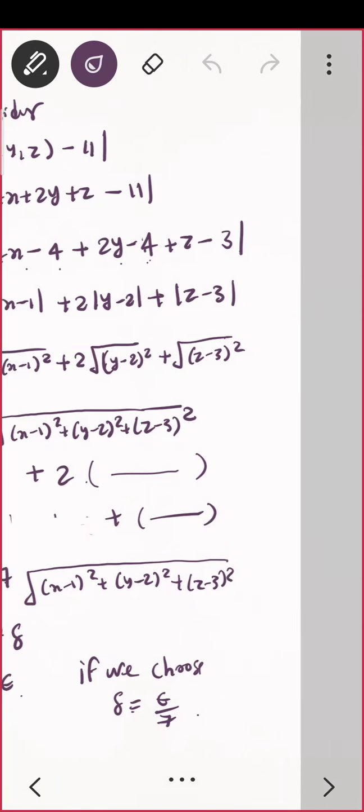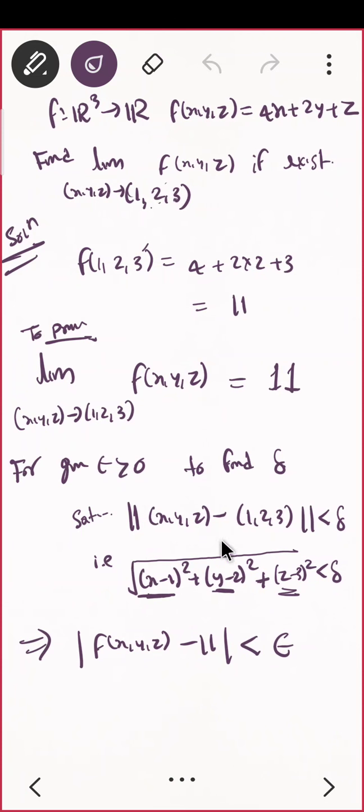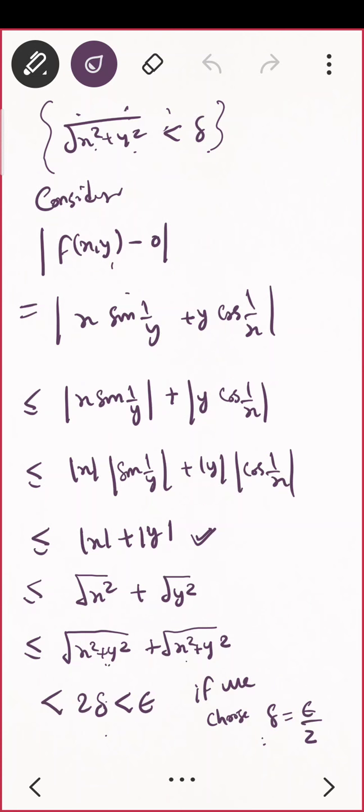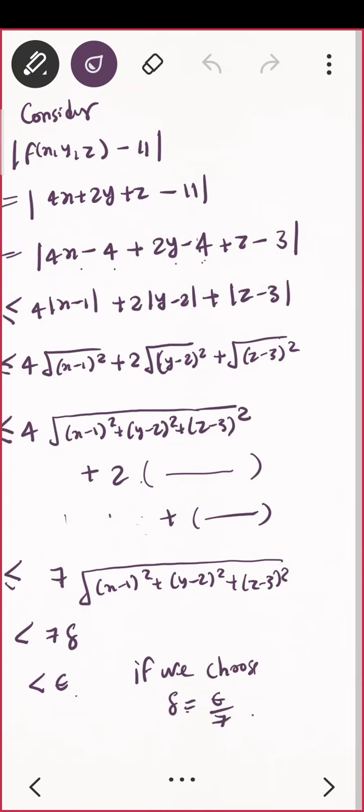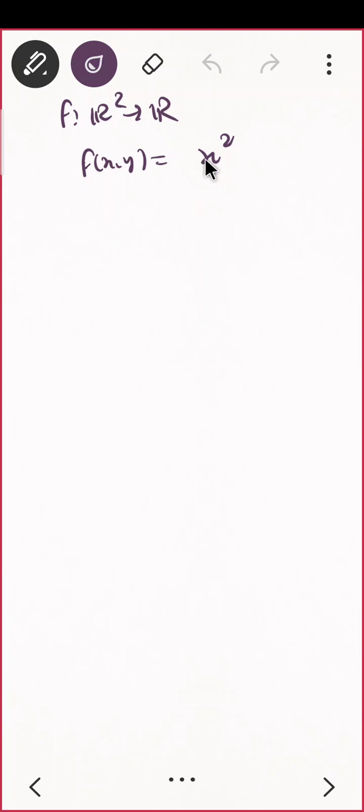Nice. Let us quickly do one more problem. Now you guys are going to do that. I'll just give you a hint. R2 to R, take f of x, y. You just focus on this thing. You are having this thing, so you want to relate this, same as in the previous one. Because you want to use your delta. When xy is not equal to 0 0 and it is 0 otherwise.